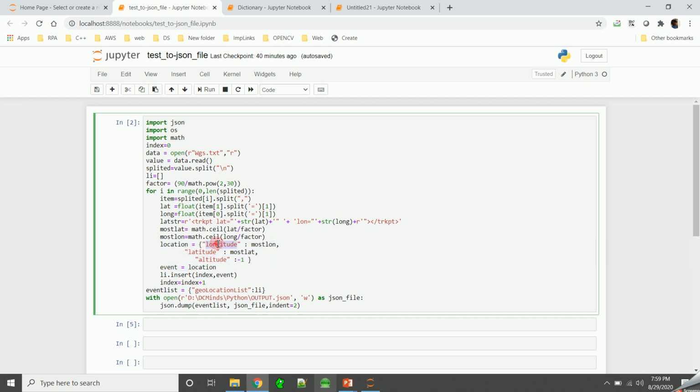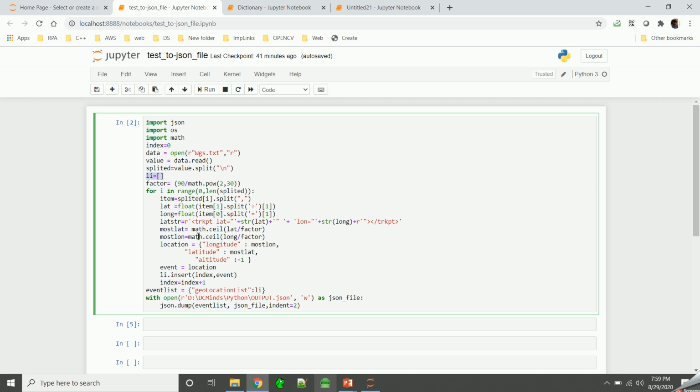Where, if you see, longitude is a key and this is a value that I have calculated here, and again another key and value. So I am creating a dictionary. And then finally, this event list is also a dictionary. First I am creating a location dictionary, and then I have a list.